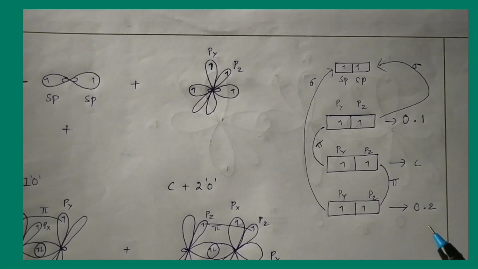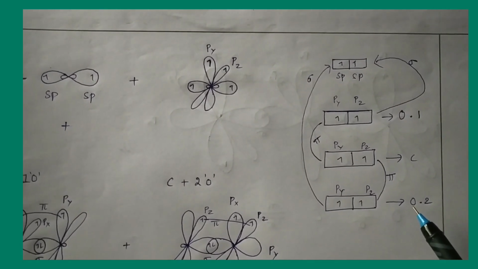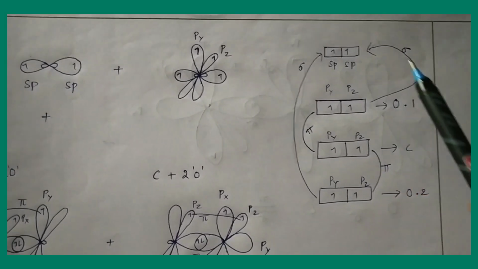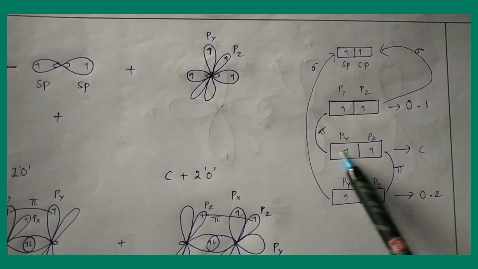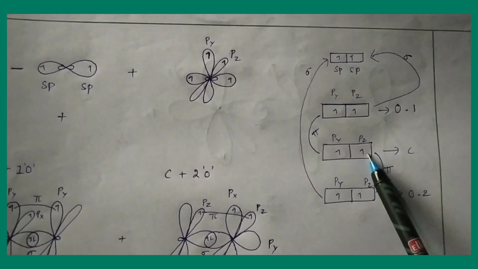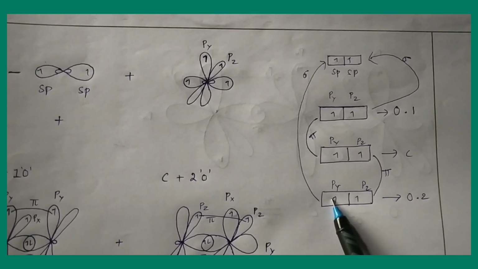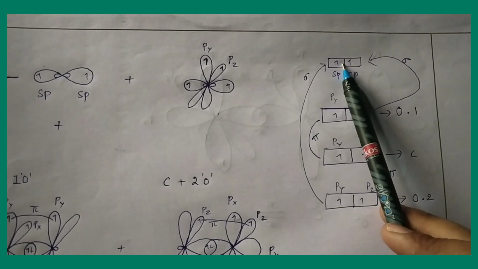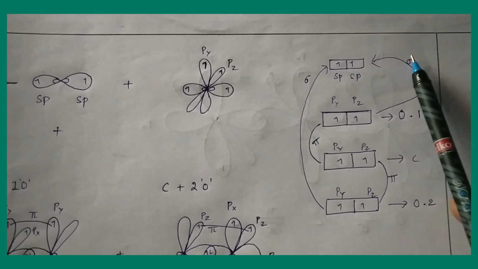By this representation also we can understand the formation of the CO2 molecule. So this is the atom carbon, this is the first oxygen, and this is the second oxygen. These two are the unhybridized orbitals of the central atom carbon. The second oxygen with one sp hybrid orbital of carbon formed a sigma bond, and this is the another